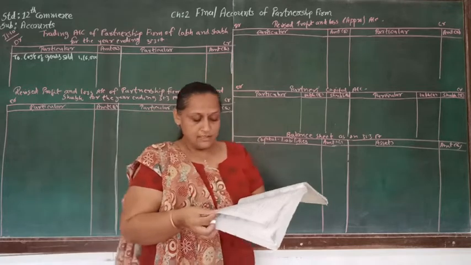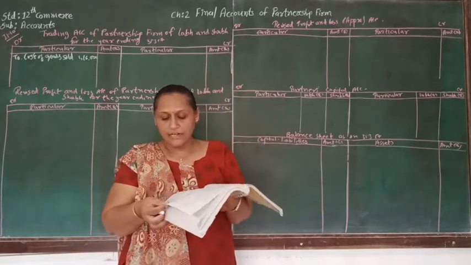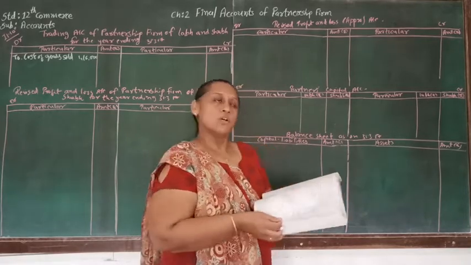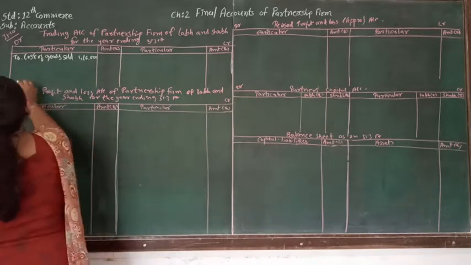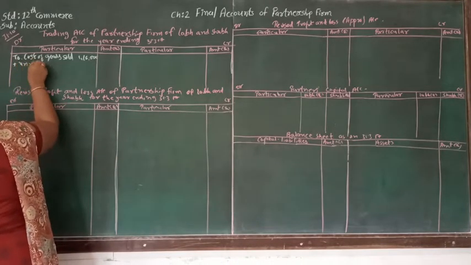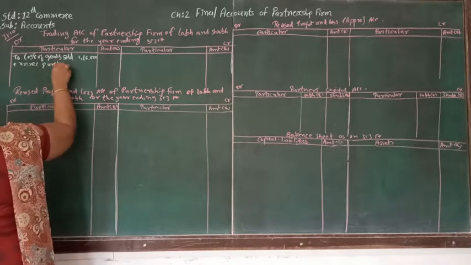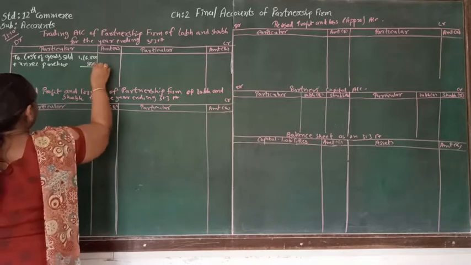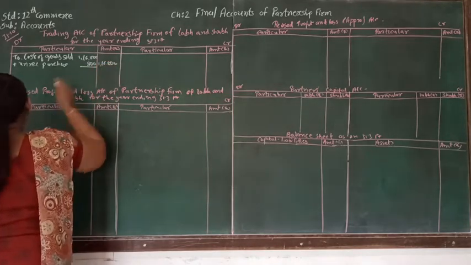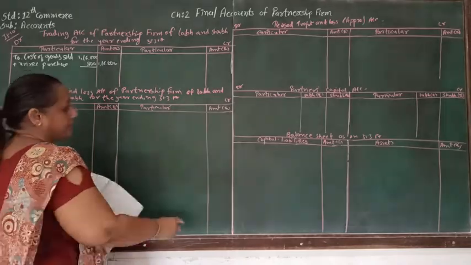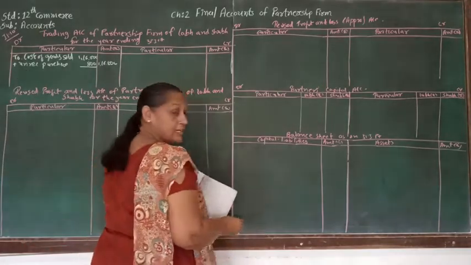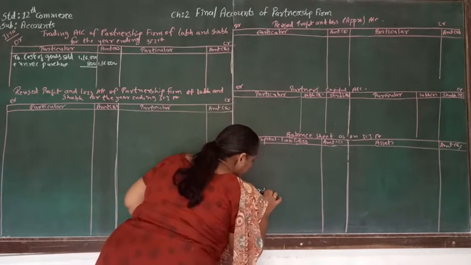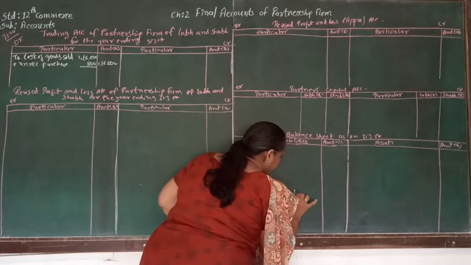Now let's see adjustment number 7. Purchase of rupees 800 is not recorded in the books. So here we are going to add the unrecorded purchase in the cost of goods sold. Plus unrecorded purchase, that is 800, and this amount is going to be 1,16,800. The other effect of this 800 will be here as an unrecorded purchase, and that will be 800.